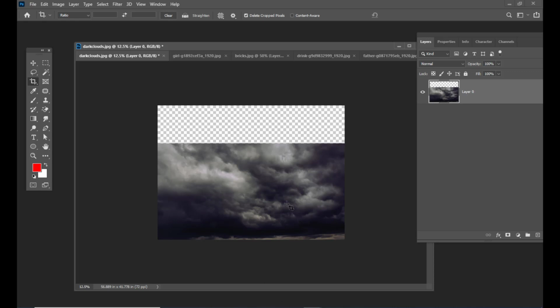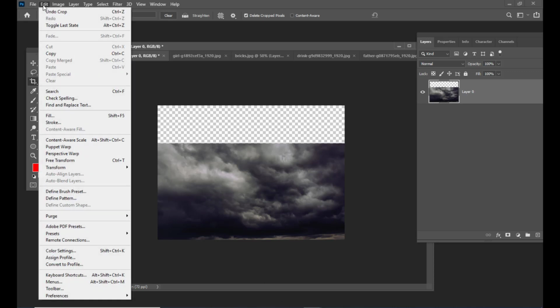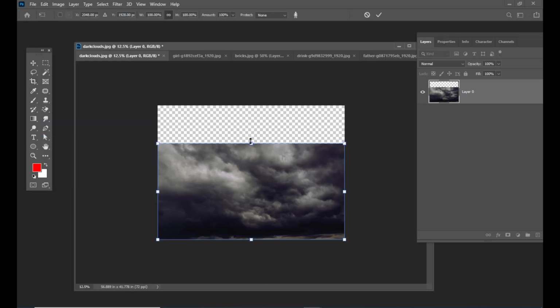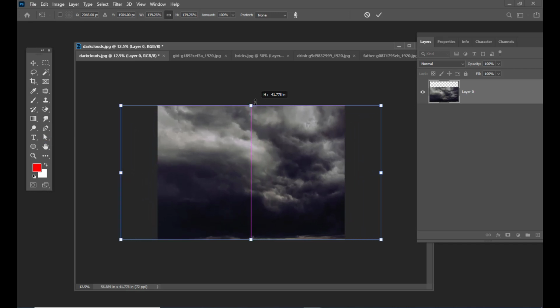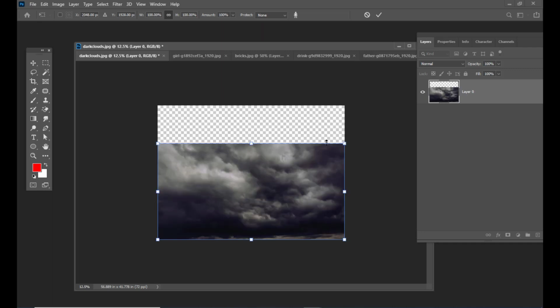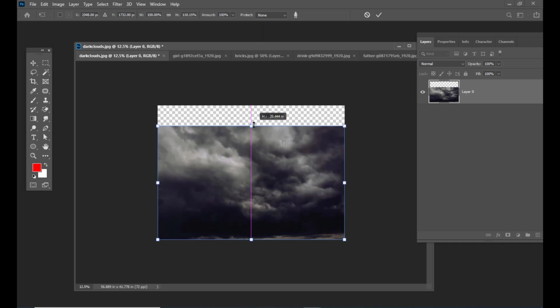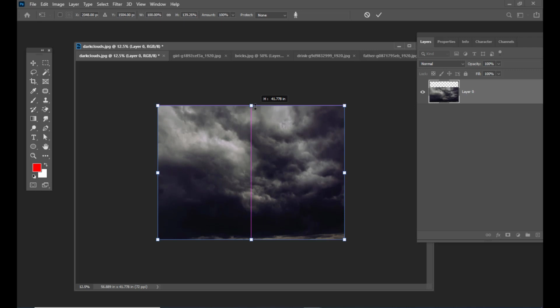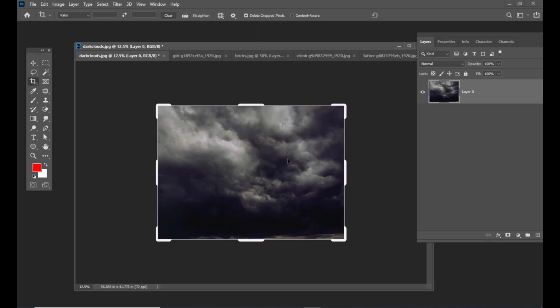Here we don't have any subject, so we can simply use Content-Aware Scale and stretch the background or this clouds background, or you can hold Shift and then stretch. Either way you can simply extend the background. This is a very simple and easy way.